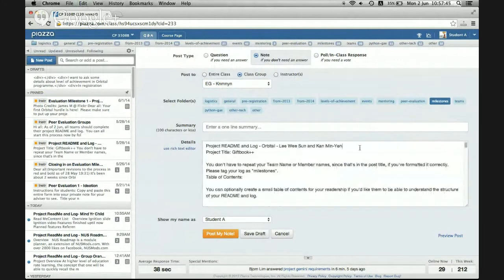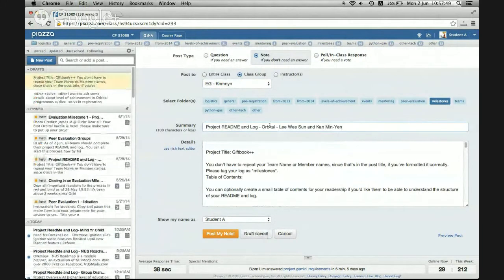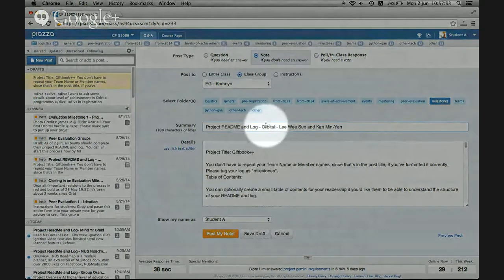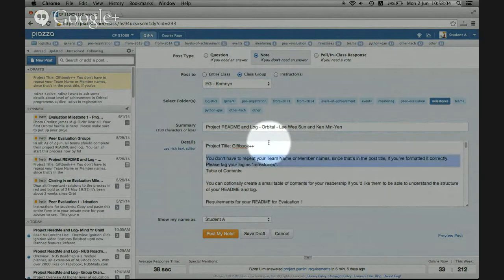Okay? And I'm going to title it appropriately. Okay? So project log, README and log, the team name, okay, and then your teammates' names. Okay, if you happen to be down to 1 person, you'll just have 1 name. Okay, then you can put the rest of the information here. Okay,